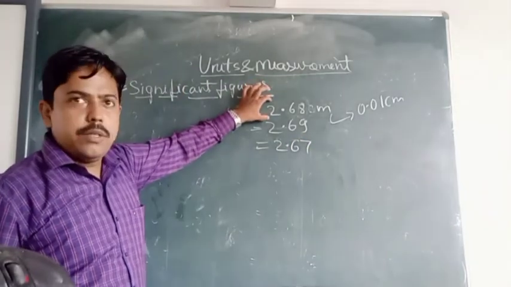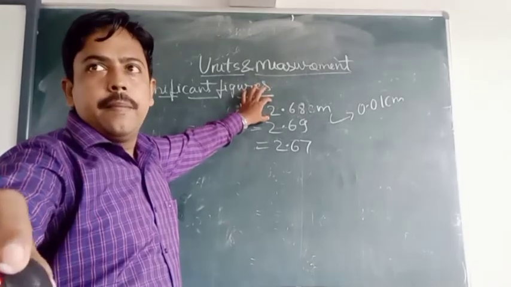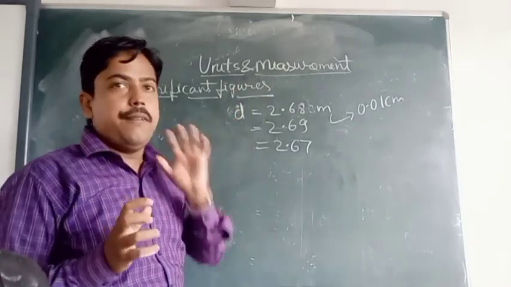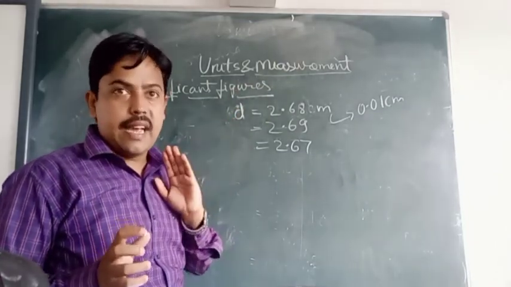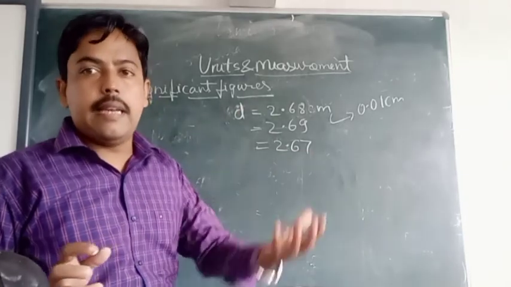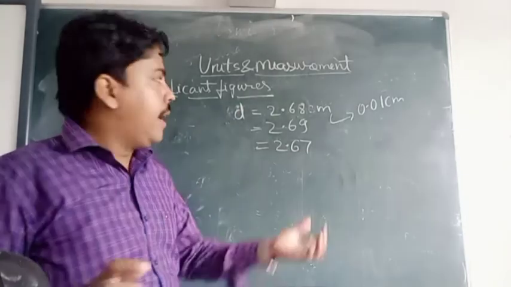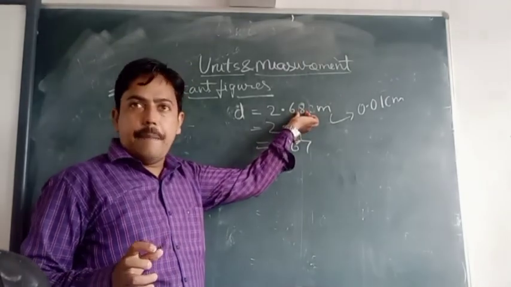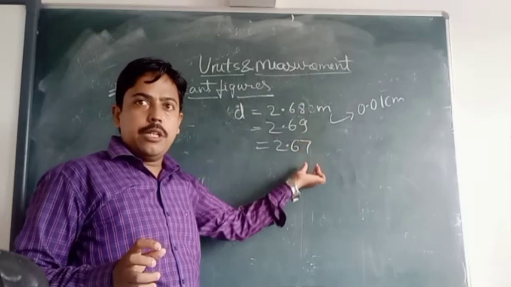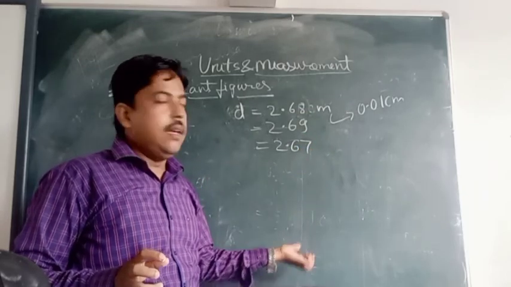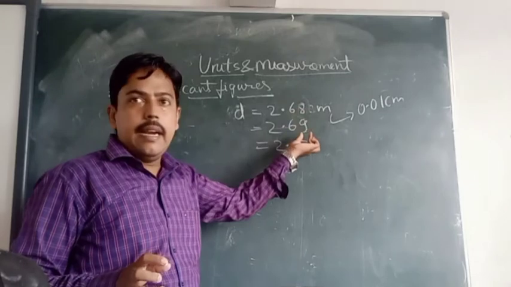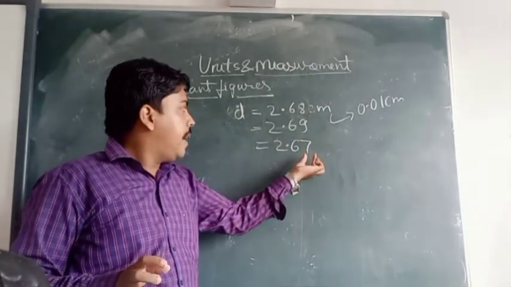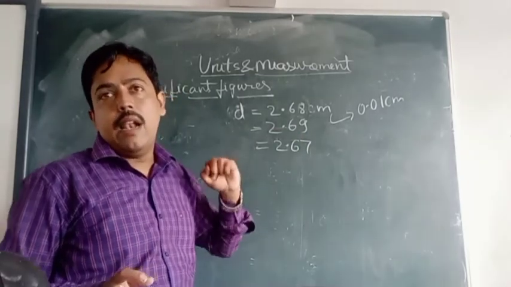This result we have observed through our naked eyes, but I may have some defect in my eyes, or I may do some personal carelessness while taking the measurement, and just because of that carelessness, the digit which comes at the second place after the decimal shows some variation in every reading I take. Sometimes I get 8 in the last digit, sometimes I get 9, and sometimes I get 7.